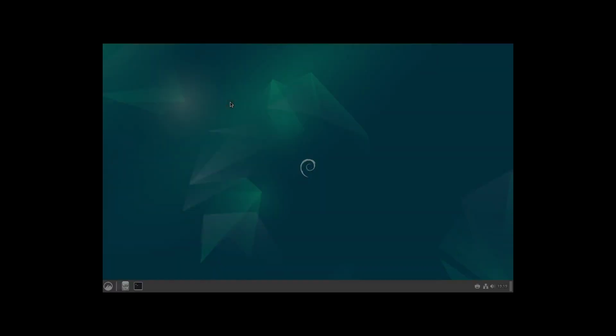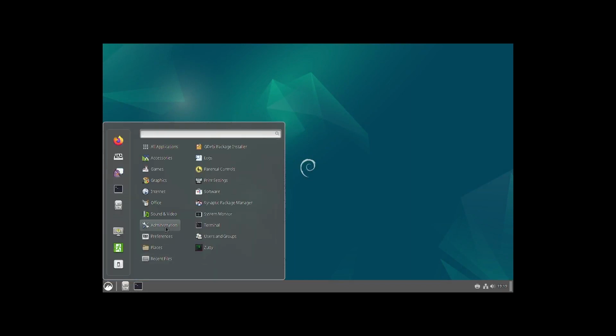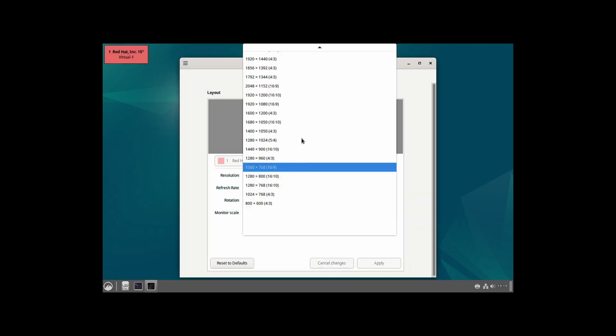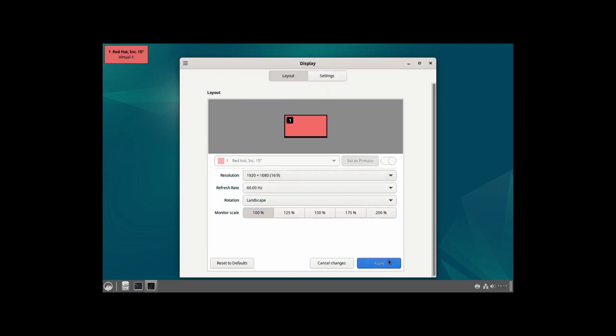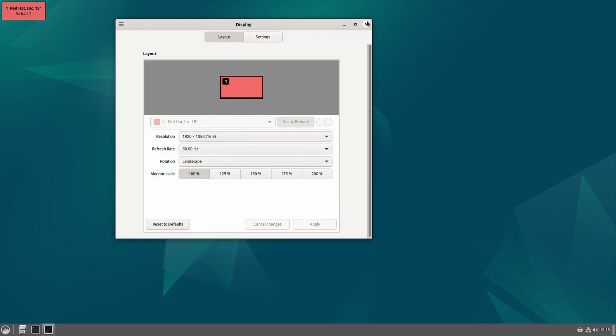So the first boot of the Cinnamon desktop is taking some time. So this is among the slower desktops of Debian bookworm. Yes, so the desktop has booted up. First thing, as usual, we will go to preferences, display, and then we will change the resolution. Okay, so